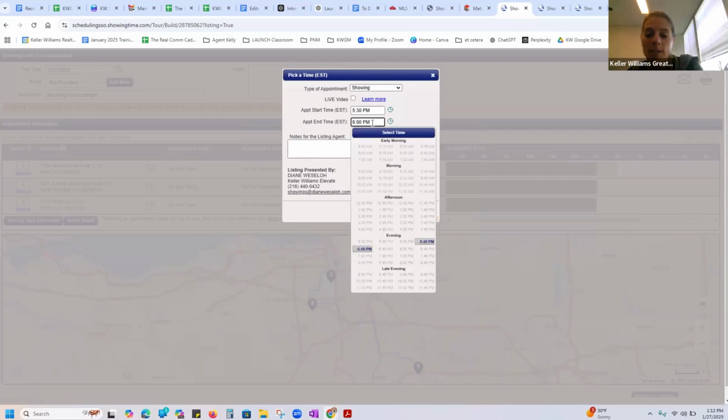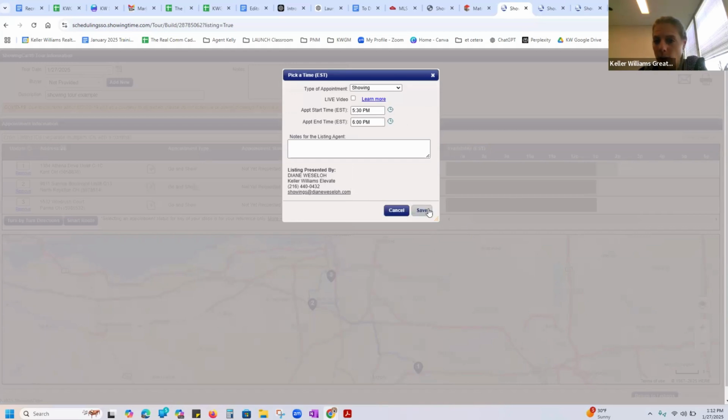If they only allow 15 minutes for your showing, it would just say 5:30 to 5:45, and the 6 p.m. would be grayed out. Again, you would just go ahead and click save. I'm not gonna